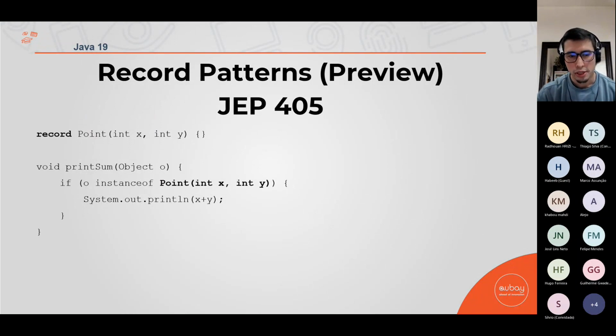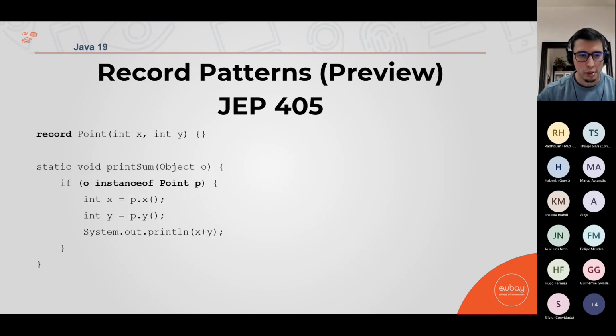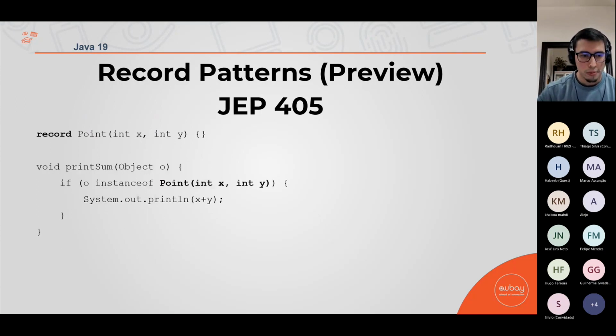Here we have the record and the variables inside this record, done by instanceof. So if the object is this instance, it will create these two variables for us. It's the same thing, the same result, but done in a different way, okay?